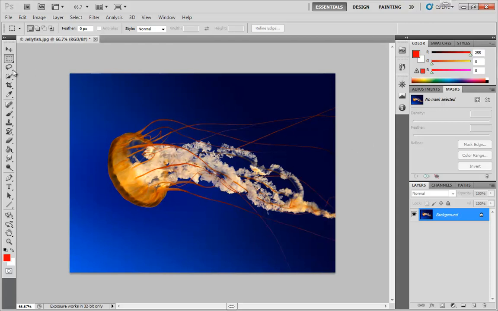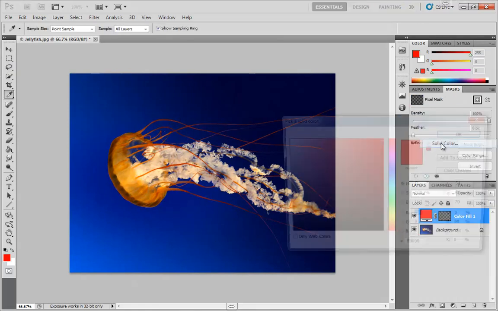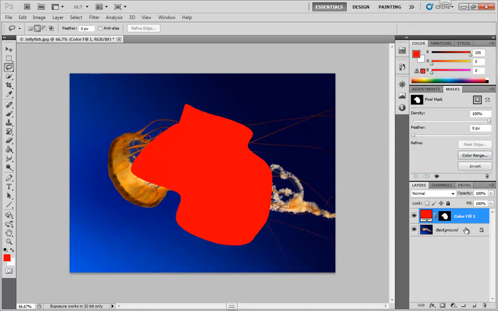I just want to mention this. If you have a mask, so I'm going to make a random selection here, and I'll turn that into a solid color layer. Remember that you can hold down Control and click on a mask to select that. Now, that's only partially like a hotkey. I'm just going to say it's kind of bound to Control left mouse, but only if you're on a mask. So I realize it's not quite like a hotkey, but it's highly important to remember that you can do that,